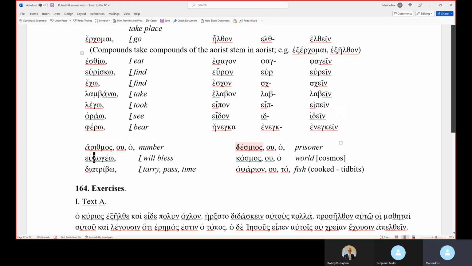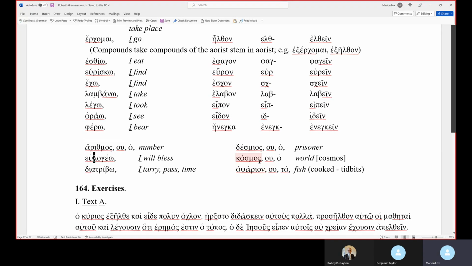Desmios is a prisoner. If you study these, there's two kinds of prisoners in the New Testament. There's a prisoner that's a common criminal, and there's a prisoner of war. And the Apostle Paul calls himself a prisoner, but it's a prisoner of war. And so, of course, you should view we're at war with Satan, and of course, it's not carnal warfare, but it's a spiritual battle between ideas and concepts, and we're trying to win the minds of people. Okay?